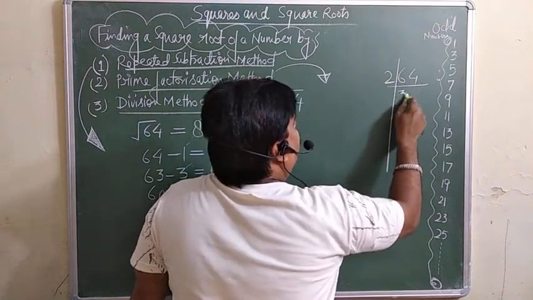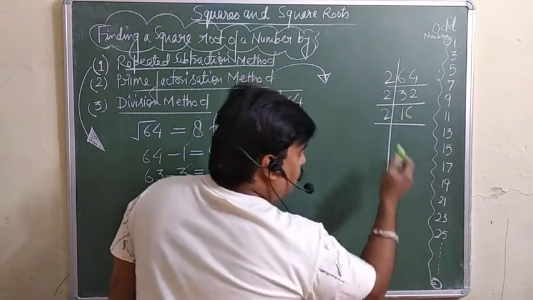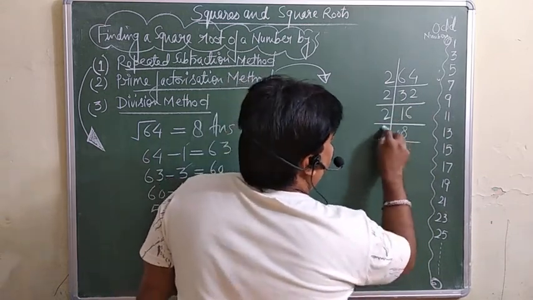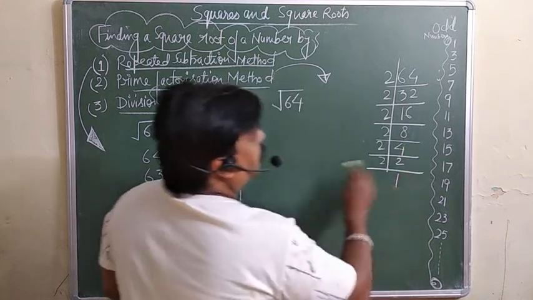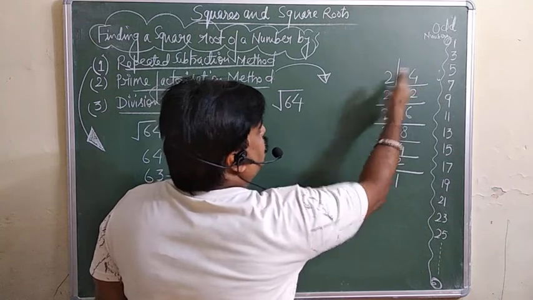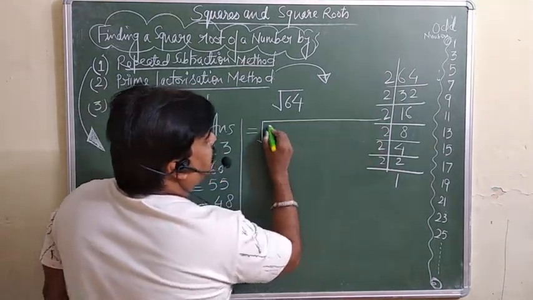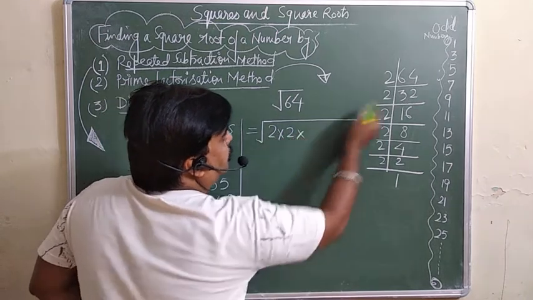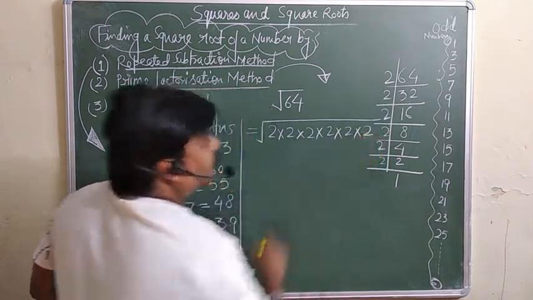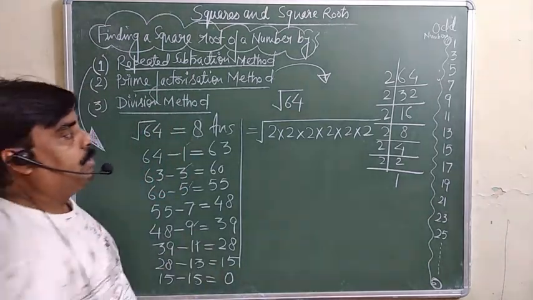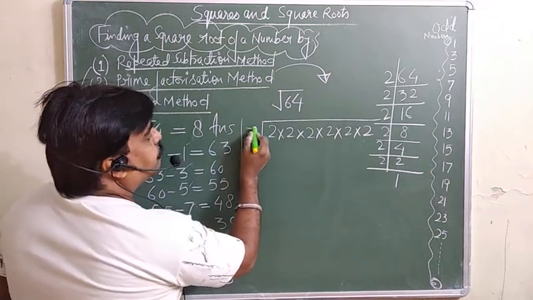Divided by 2, that is 32. Divided by 2, and we will continue this up to 1 comes. So 2, then 4, again divided by 2, again divided by 1. So you are getting 1. So the factors of 64 are, you must keep inside the radical sign. इनको क्या? Radical sign के अंदर लिखिए 2 into 2. How many numbers are there? 6. 2 into 2 into 2 into 2. This is your traditional method. Remember, इसका ट्रिक हमने डिस्कस भी किया था, that you can watch in other videos.